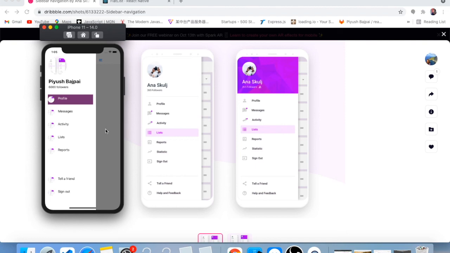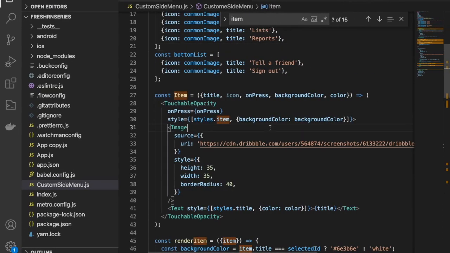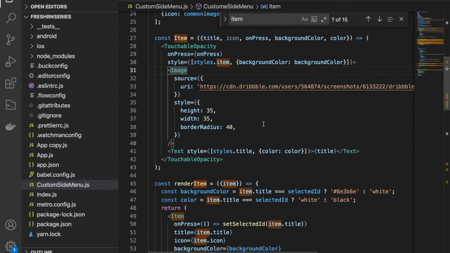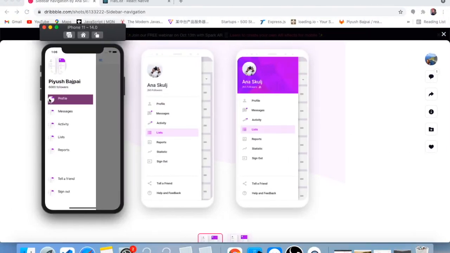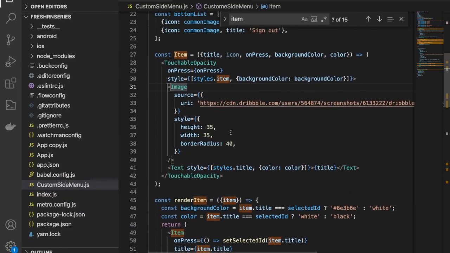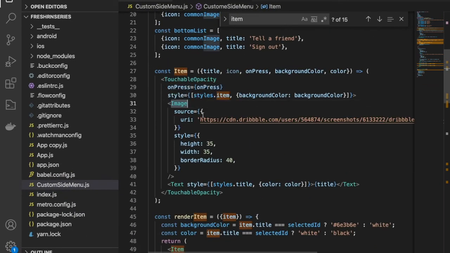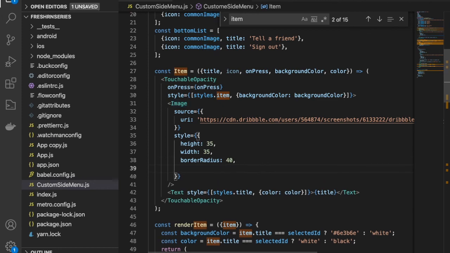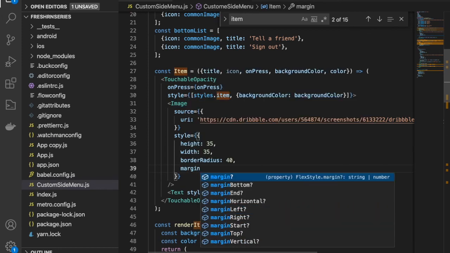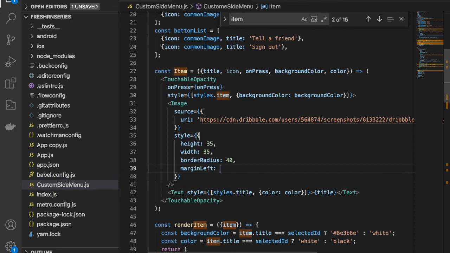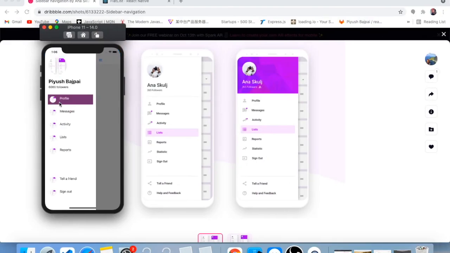When you want to implement something, you can implement it easily like this. And now guys, at the end you can see we have some gap from the left of this image. Okay, and also we have some border radius. So let's apply this. First thing first, we have to give some space from the left. Okay, so we have this item and then we have this image. Let me give some space. So margin left, let's say 10. Cool, this is fine now.